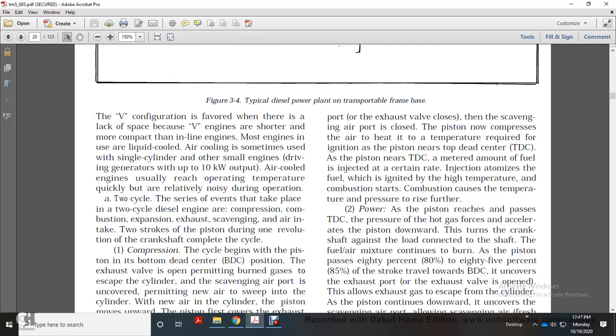Air cooling is sometimes used with a single cylinder or other small engines, in general up to 10 kilowatts. But air-cooled engines usually reach operating temperature quickly and are relatively noisy during operation. Two-cycle: this section takes up the 2-cycle diesel engine, with compression,